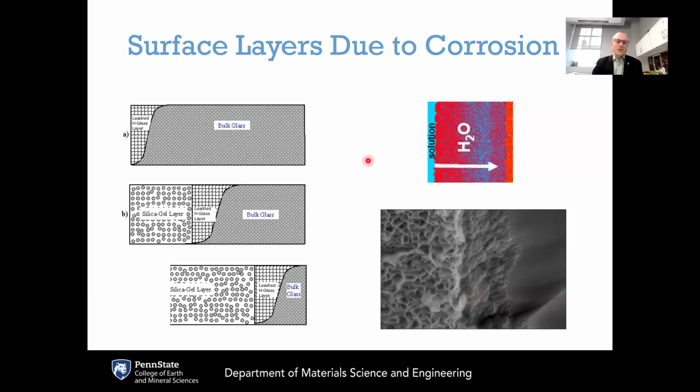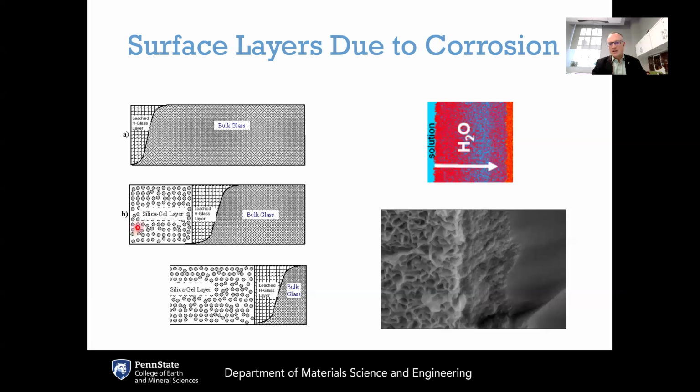But if we look over time, this leached layer will continue to grow because over time the water is able to penetrate deeper and deeper into the glass network, and therefore this interaction layer becomes deeper. See in part A of this figure, there is a relatively shallow leached layer that has been hydrated. But over time, these water molecules will penetrate further into the glass, and a lot of the modifier ions get